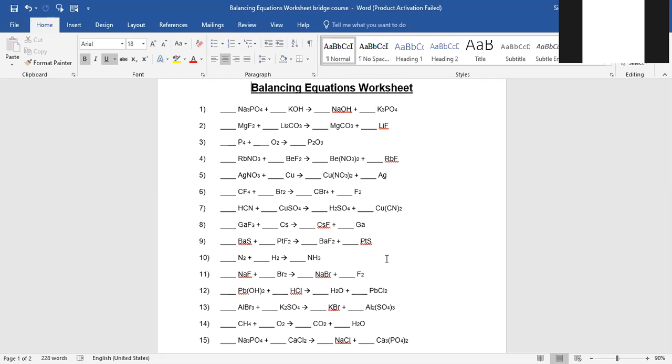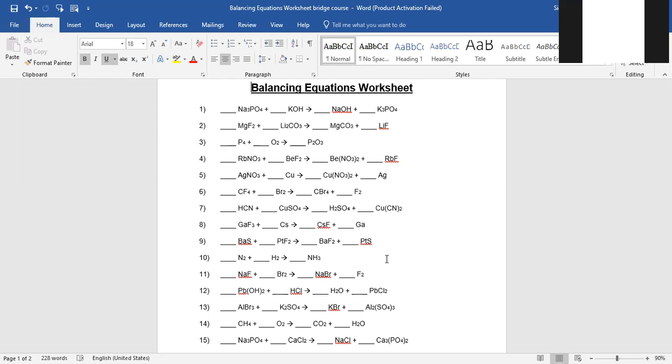In the last, after finishing all the things, the worksheet balancing, identifying the compounds also. Suppose Na3PO4 is there. What is the name? Sodium phosphate. Like that you should write Na3PO4, that is sodium phosphate. New terms will come always, so always you should write the names also. Like KOH, what is the name? Potassium hydroxide. Sodium hydroxide next. Like this, each and every formula, you have the different compounds you'll get.